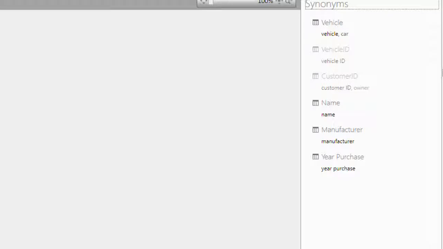There are many other details. You can also specify verbs or other things that are today not available in this UI, and I hope they will be available in the new Power BI preview very soon, because fundamentally this is an important part of refining the data model. If you don't use synonyms, at least use meaningful names in your tables and columns, because this is important to provide a good user experience and a good UI to your user.